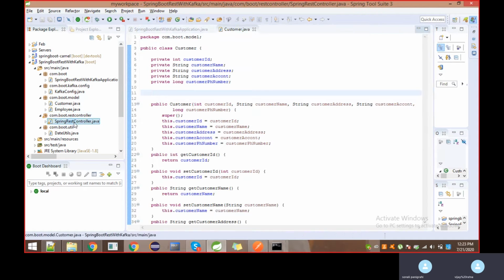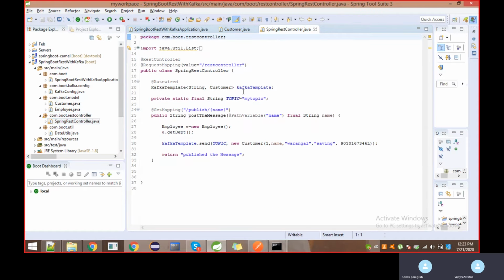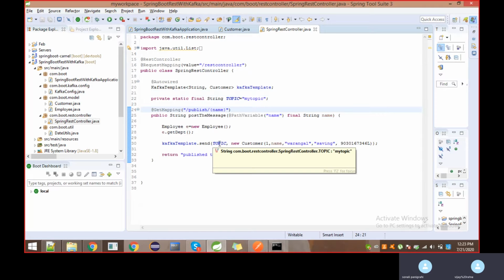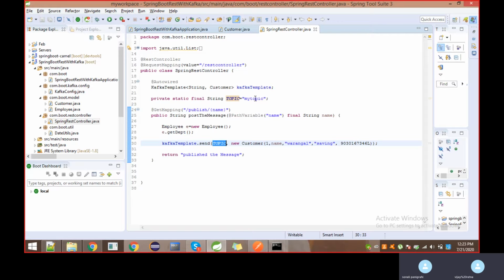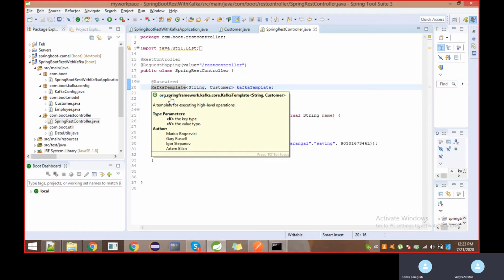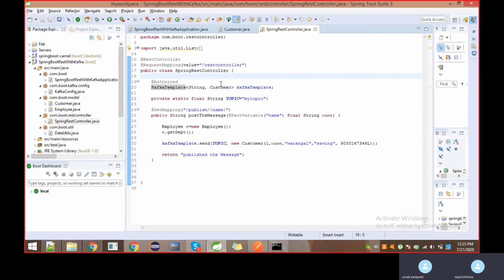Then here is my controller. In my controller, I used some code to publish the data inside the topic. Here the topic I created, I named as my topic, and this is the default functionality: whenever you add the jar, this Kafka template will come. This is my Pojo class.